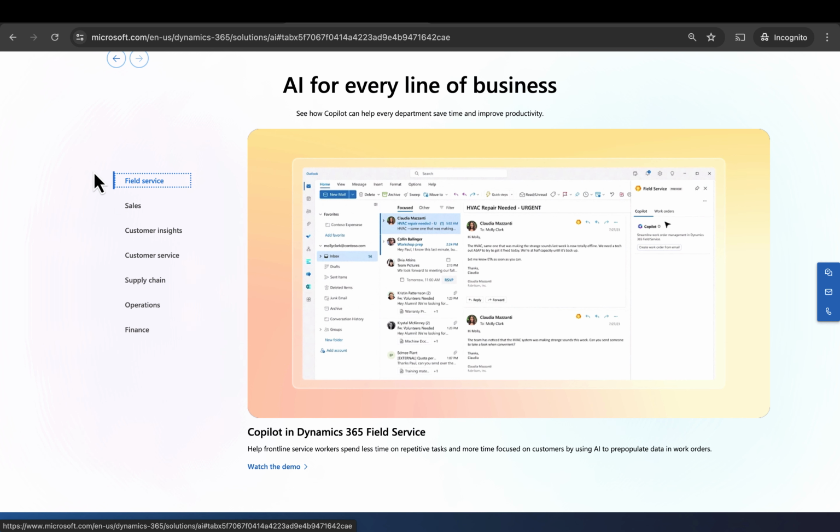I created a video earlier in the year which goes through some of the Copilot features in Dynamics 365 Customer Engagement, and you can check this out here in full. But to provide a summary, these are Copilots built into specific model-driven apps that work with your business data and streamline work for your business users.